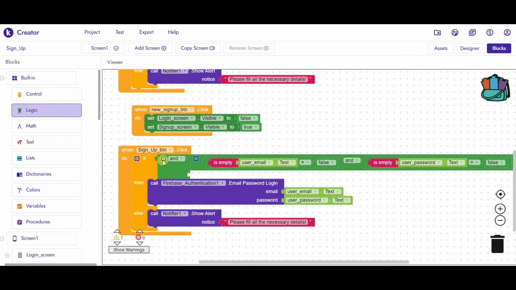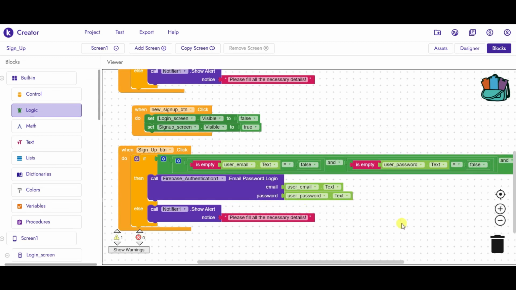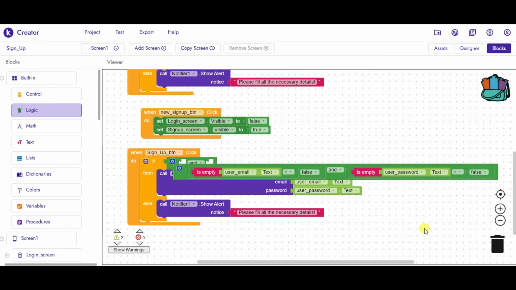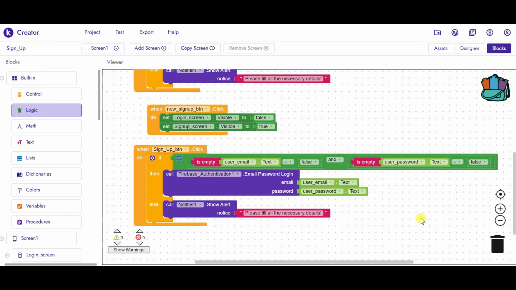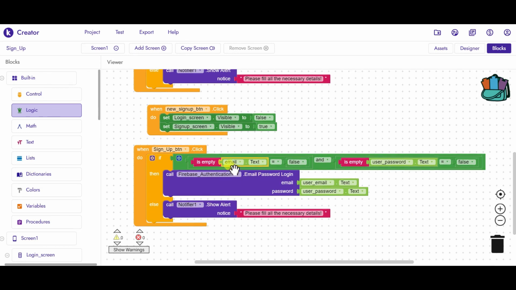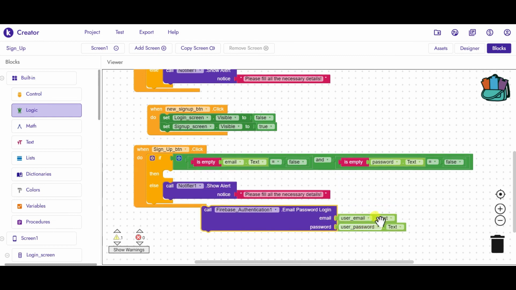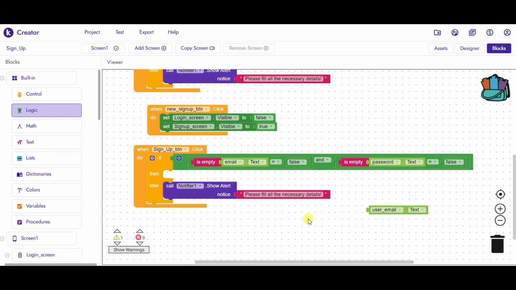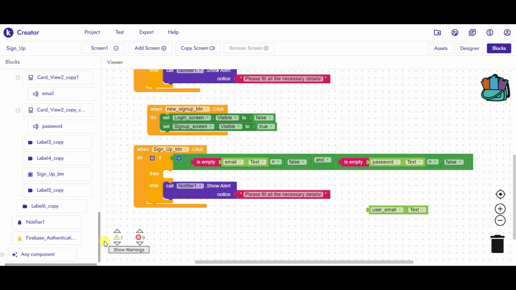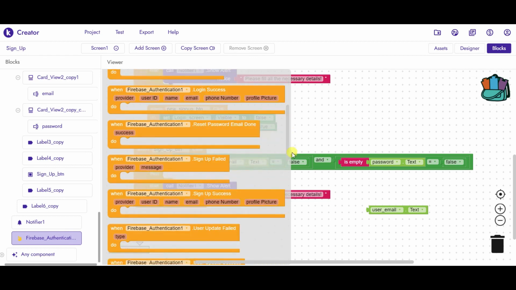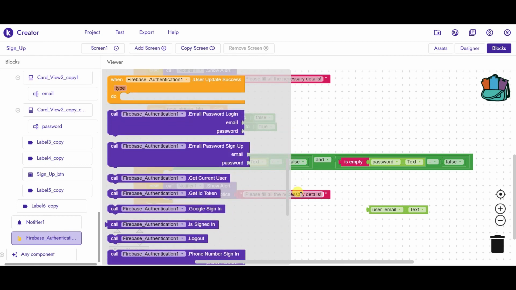Do one thing, just press Ctrl Z and Ctrl Z. Just let it be as it is, and instead of user email, just take email, and instead of user password, take password, and instead of password login, you have to take the sign up option. So just delete this block and here you choose the option of sign up instead of login, because here we are creating a new account.